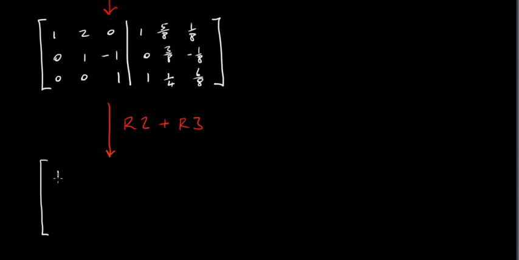So row 2 and row 3. I'm going to change row 2, so row 1 doesn't change. So it's 1, 5/8 and 1/8. Row 2 is going to change. Now I'm going to add that to row 3. So 0 plus 0 is 0, 1 plus 0 is 1, minus 1 plus 1 is 0, 0 plus 1 is 1, 3/8 plus a quarter, well, a quarter is 2/8, so it's 3/8 plus